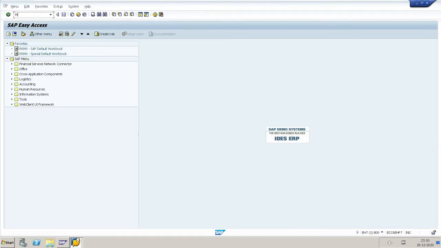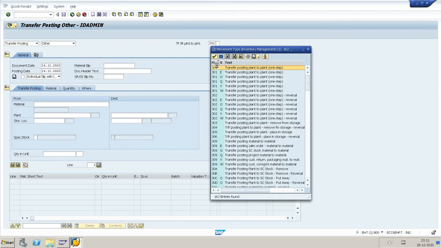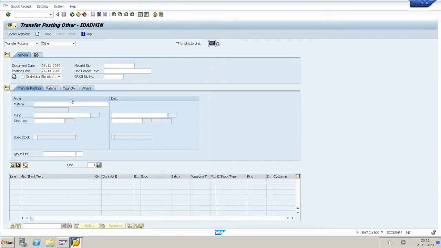Go to MIGO, the one step process. Select transfer posting. Movement type is 301. 301 means transfer posting plant to plant one step. For material number 2887, plant KUP1, storage location 001, to KUP2, 001.